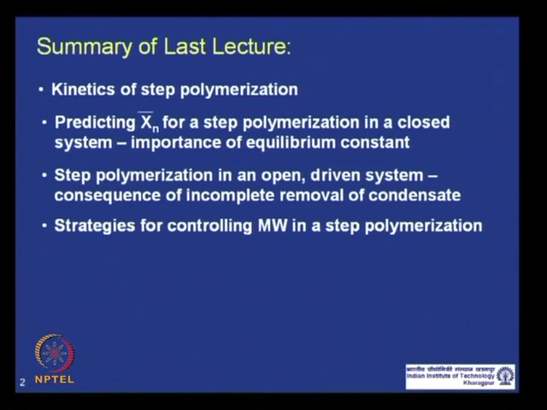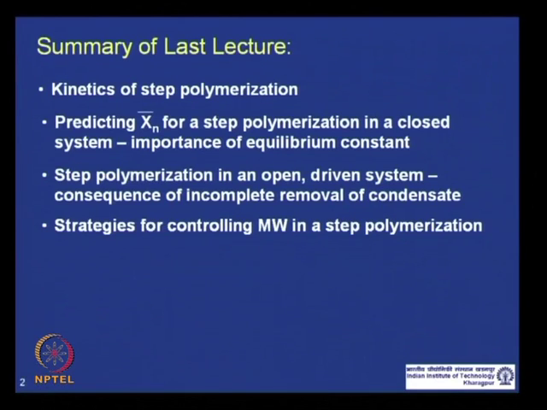If you want to build high molecular weight in a closed system without removing the condensate out of the polymerization medium, then the value of the equilibrium constant has to be quite high to build a decent enough molecular weight, that is why it is never practiced. Step polymerization is never practiced in a closed system. It is always done where you take out the condensate from the reaction medium, and in continuation we found that